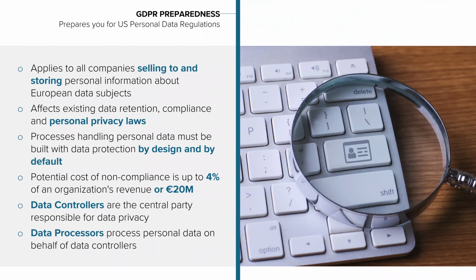Data controllers and data processors, just a quick word on that. This is the type of collaboration we always need to have, but GDPR starts to really spell this out. If you are a data controller, that generally means you're an enterprise or a corporation of some sort. And in our world, often data processors are the law firms or managed services providers. But these two entities really need to be on the same page as far as how they're going to handle sets of personal data as they find it. Whose job is it to catch it initially? Whose job is it to notify the data subjects? All of those things, and they need to have an agreement in place to work together on that.